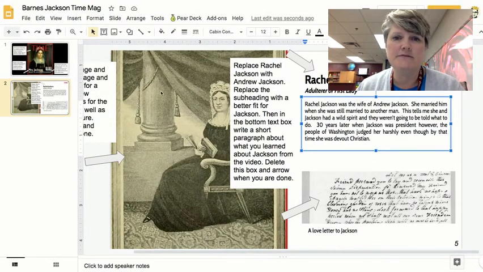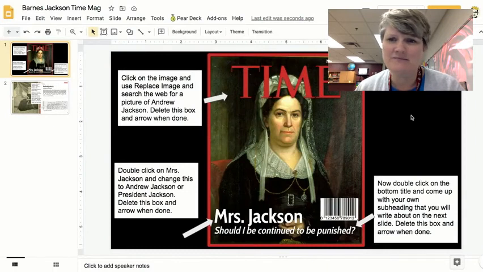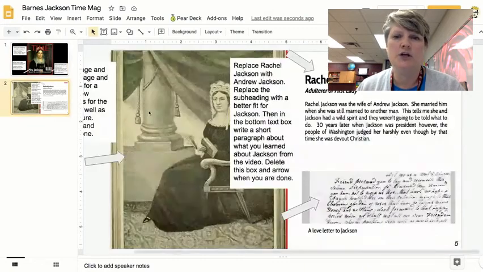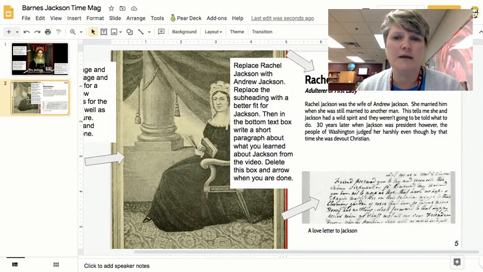The plan is for this not to take more than, well, we'll just have to see how long it takes, but I really don't plan for this to take an extra long time. You have some pictures I want you to pick out. You have a paragraph that I want you to write about what you learned, and then we're going to move on to the Indian removal.